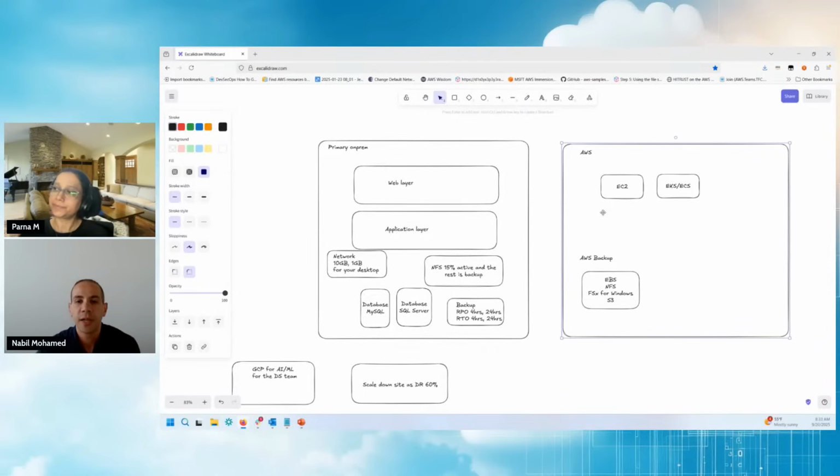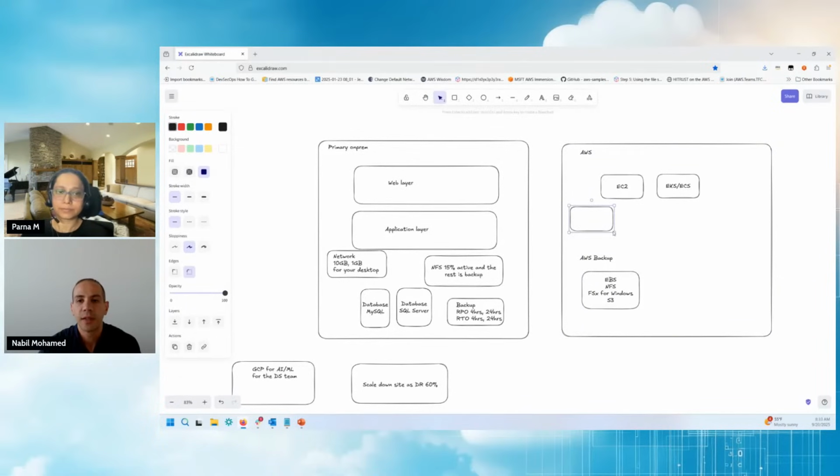Got it. And then to make this easier, for the migration, you are going to use MGN to migrate the application layer and web layer to EC2 using AWS MGN. We spoke about MGN earlier, right? And that's lift and shift, right, Nabil? Yeah. Okay, we are going to do a lift and shift, as you say. So here, sorry, sometimes I mess up using the tool. We're going to use MGN for migration.